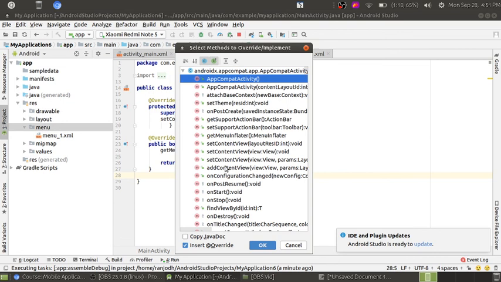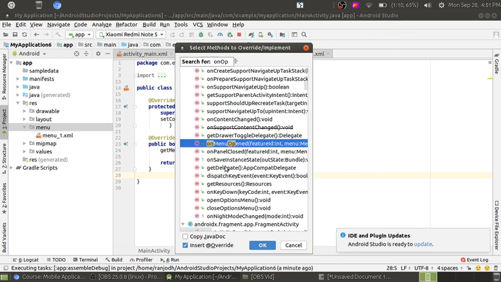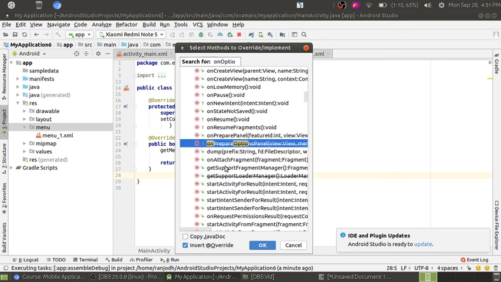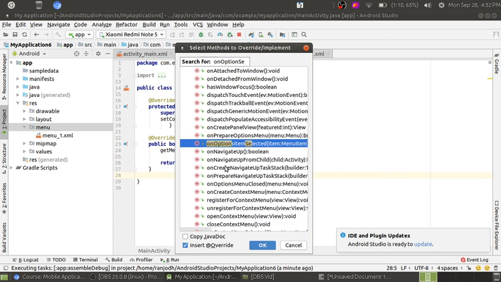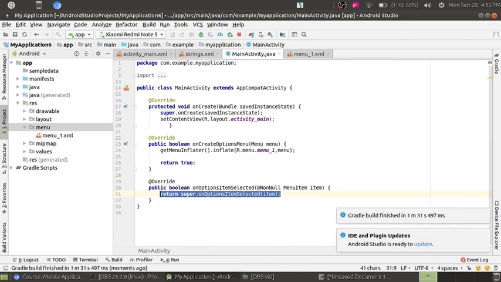So for that we have to use the method onOptionsItemSelected. When I select the option, item selected, I want this to return true.